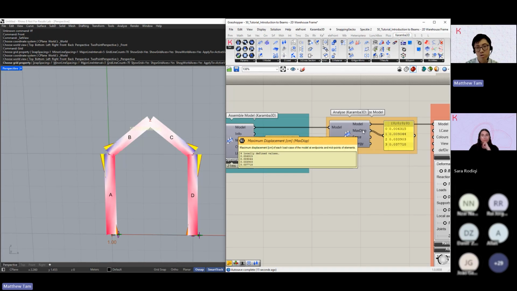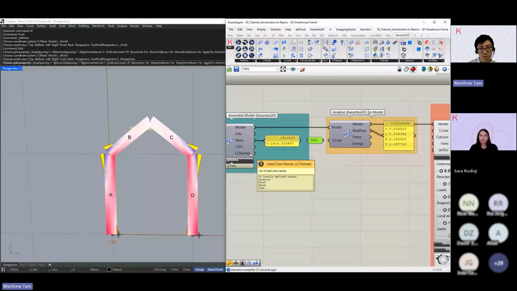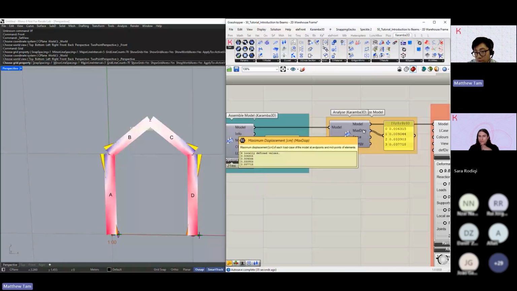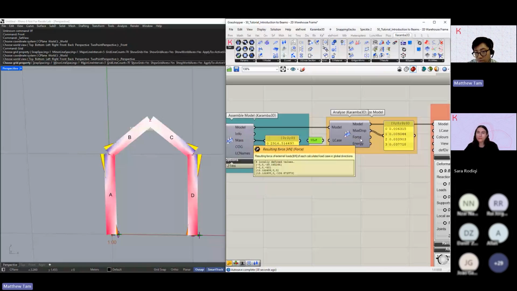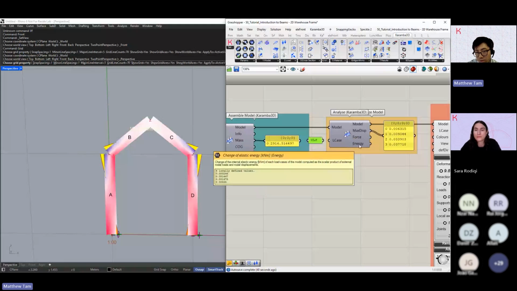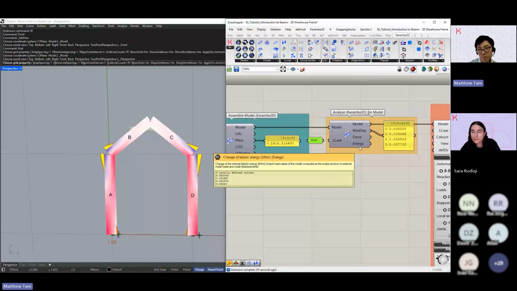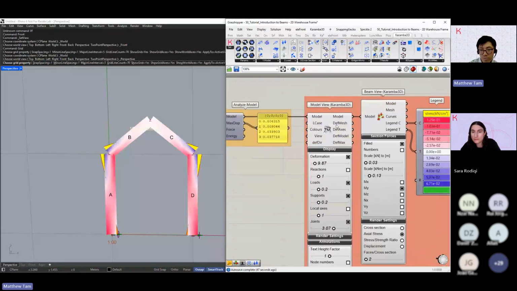Here, for example, this shows us the maximum displacement for each load case. And of course, this corresponds to the order that you have here, LC names. In this case, here we have it in centimeters. Here you can also see the resulting force of external loads, as well as the change of elastic energy as an output. The last part of the script is showing you how to then view the results